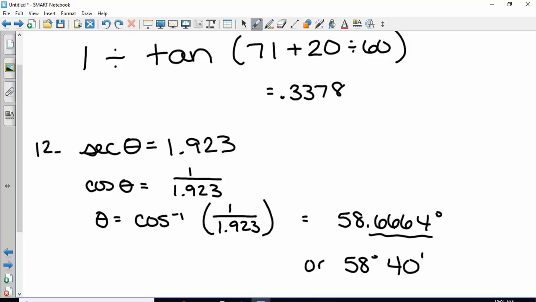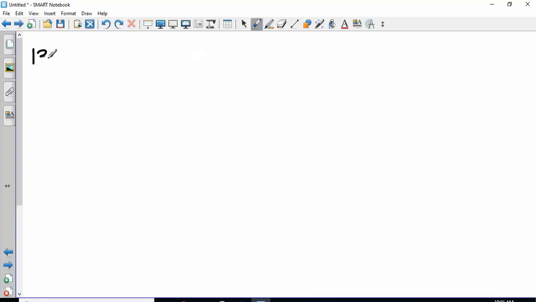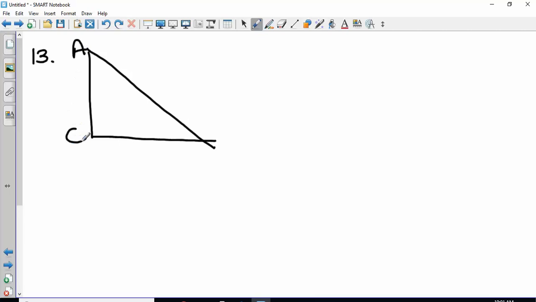13 through 15, we are looking for missing parts of a triangle. Doesn't matter to me. Let's pick one of those. Do you guys have a preference? 13. Okay. We have triangle ABC. C is the right angle. Okay, side A is